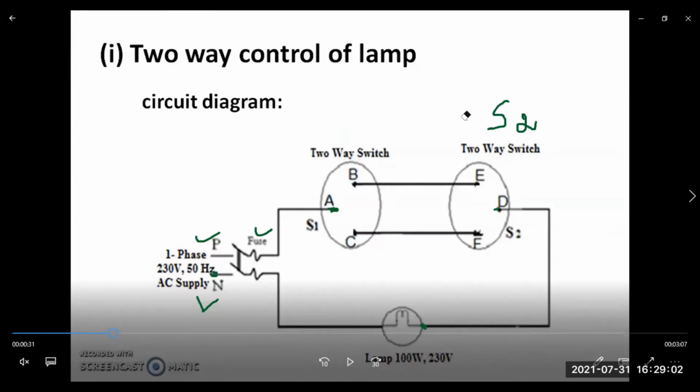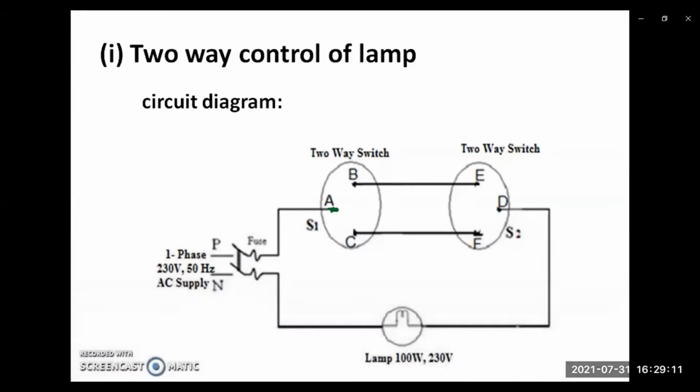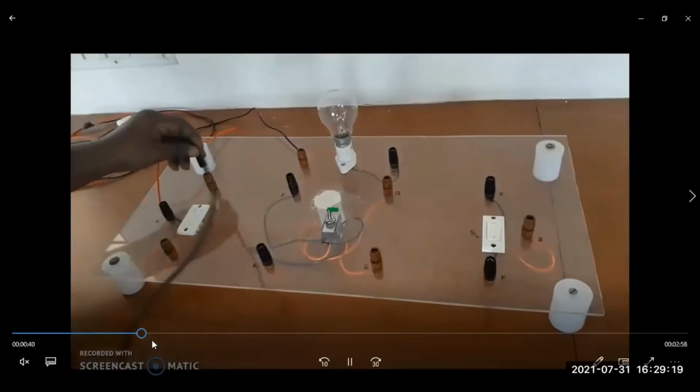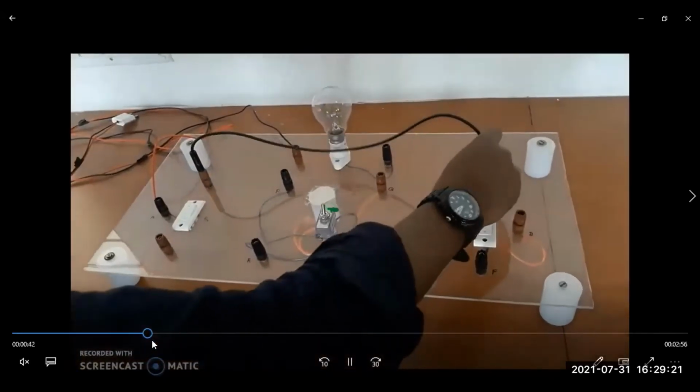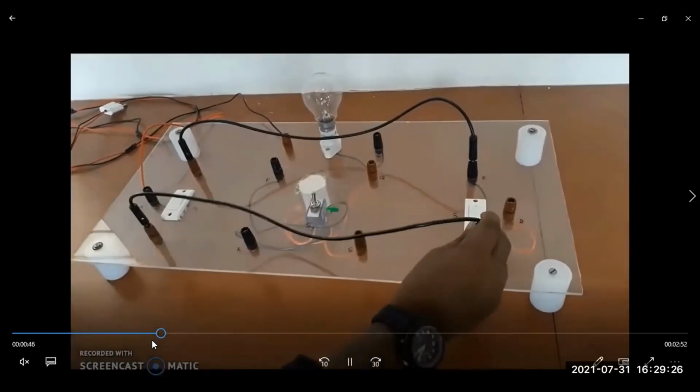Now you are familiar with how to perform the connection. I'll be showing you how to perform the connection with the help of a practical demonstration. You can have an observation. You have to collect the proper equipments and start the wiring. Please observe it very carefully. So I'll be doing the connection. B and E should be connected. Later on another 2 points.